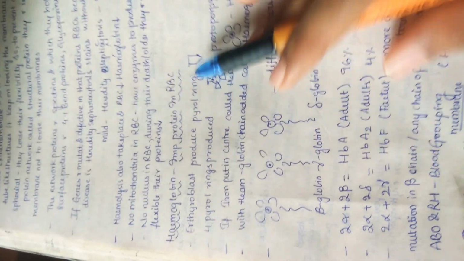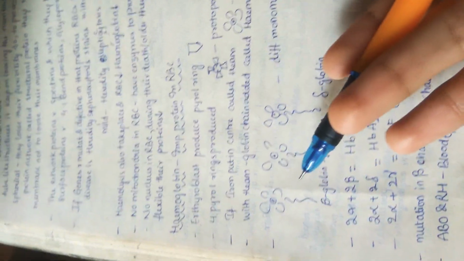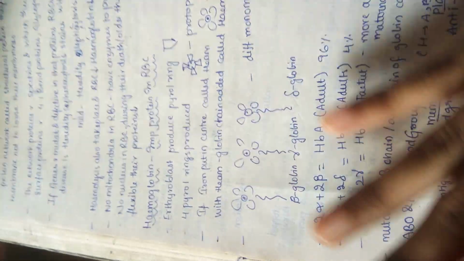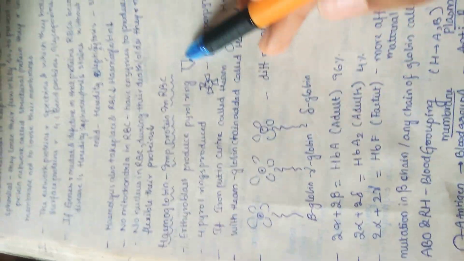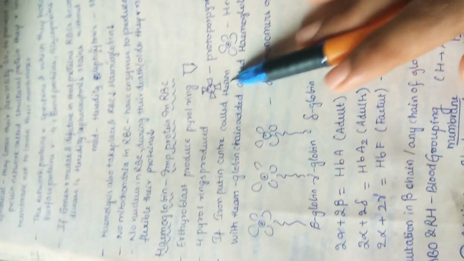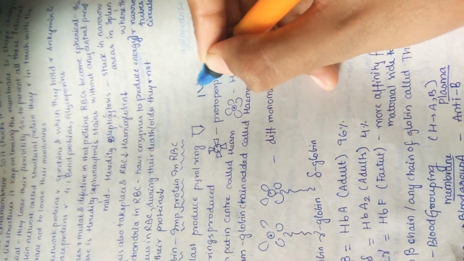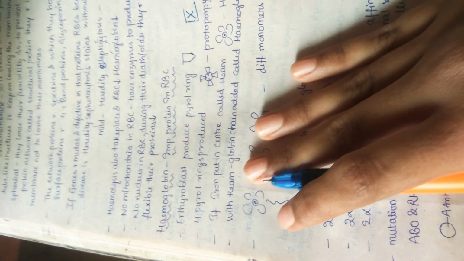So let us see about hemoglobin. Hemoglobin is an important protein in RBC, everyone knows, because it has heme, it has oxygen capacity. So all these things we know. Erythroblasts mainly produce a pyrrole ring. You can say this is a pyrrole ring. Four pyrrole rings are produced, and this is called a protoporphyrin ring, especially protoporphyrin 9. If you have seen my hemoglobin video, you can easily understand this protoporphyrin ring. And if the iron is put in the center, it is called heme.